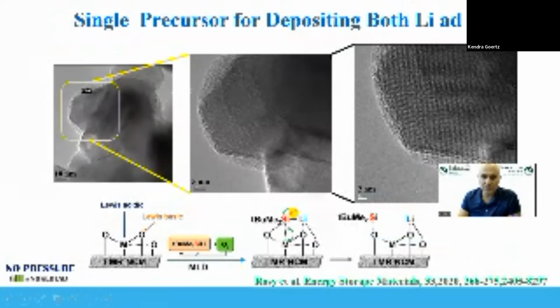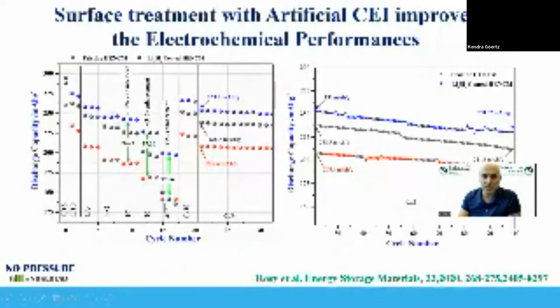It is evaporated in our reactor and then reacted with ozone to form a surface film, which is a lithiated silica. And this surface film is protecting the active material. And when we look at the electrochemical performance, what we can see is that when we compare this surface film to the alumina surface coating, there is a 41% improvement at high rates, meaning that the unprotected electrode here,